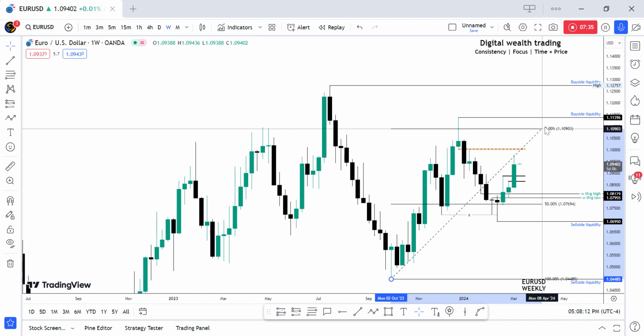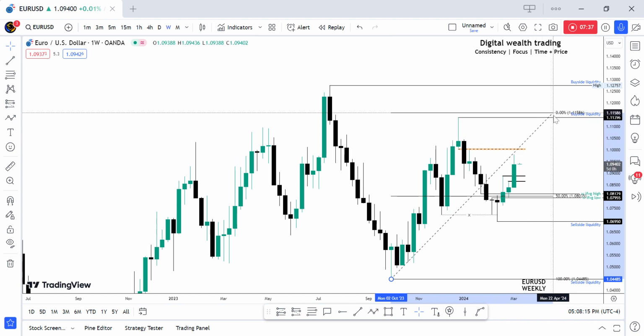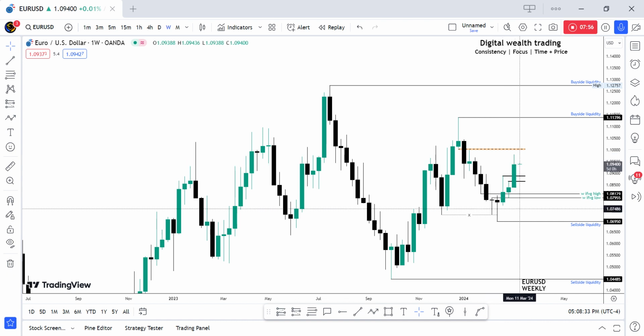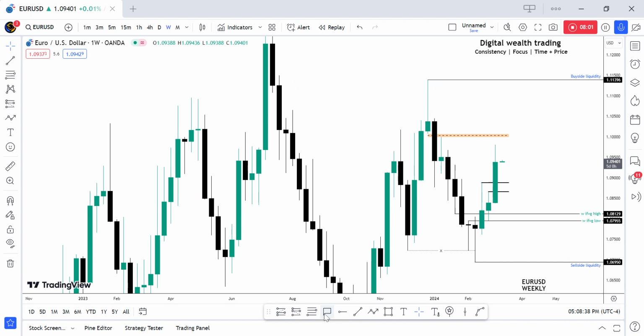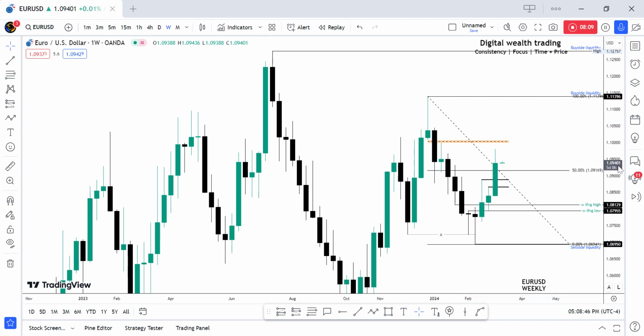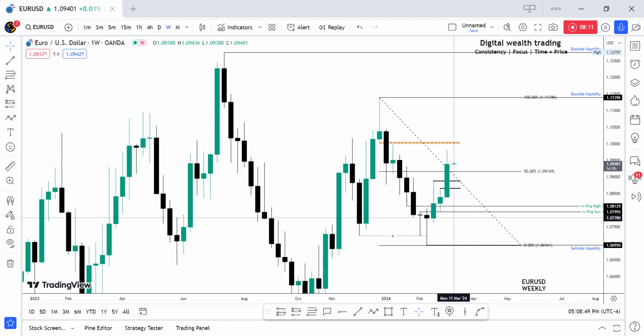All right. Now we want to measure this area, and we have our premium. Now, on a monthly perspective, we are in premium price, all right? But that is a premium inside a discount. But I want us to make use of these new swing highs and lows, this price move. Basically, this is what I'm making use of. This is what I mark out.